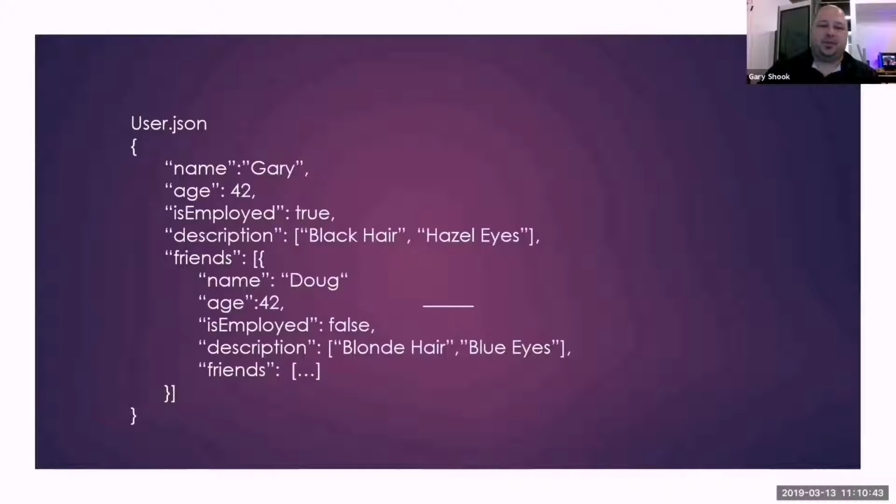So most of the time when you're working with JSON, you'll have either an array or an object as your top level of your file. And then inside of the array or object, you'll have other values. It may even have other objects, have other arrays, or even just individual values, such as strings